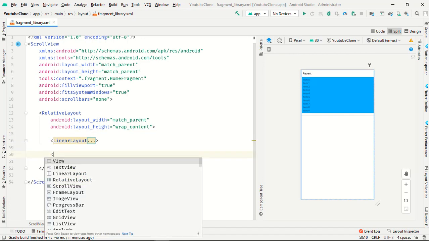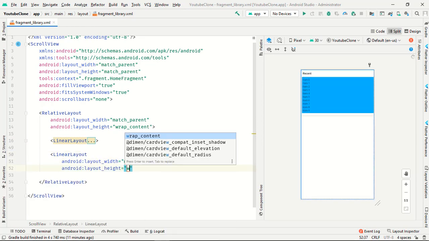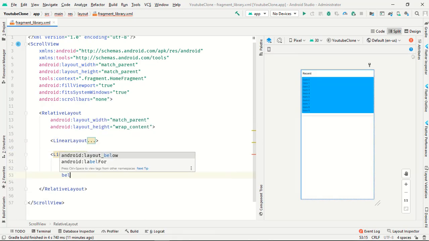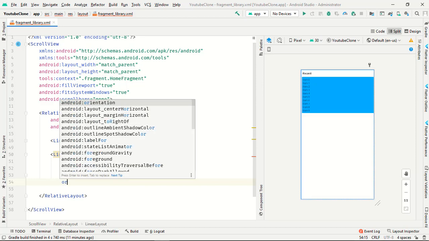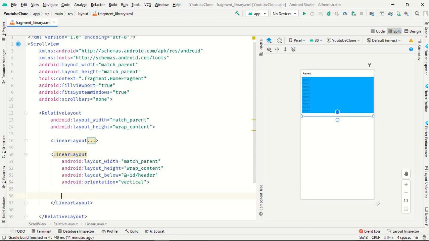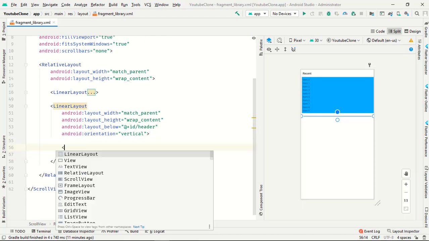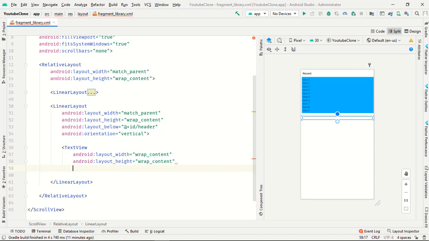Just create a second linear layout, match parent, wrap content, placed below our header, and orientation is vertical, and just close. Now we want a text view, one more time, wrap content, and text will be